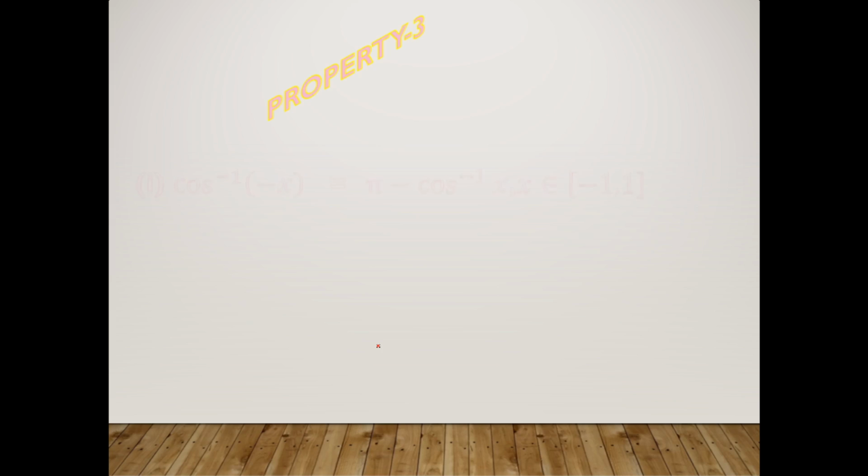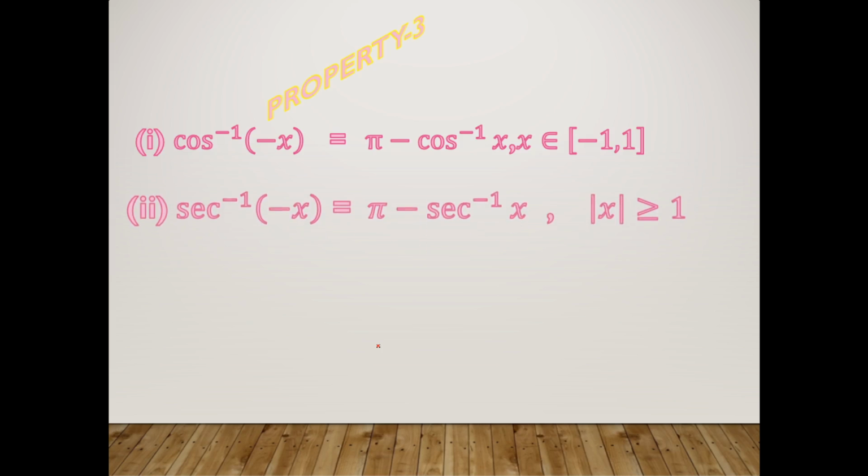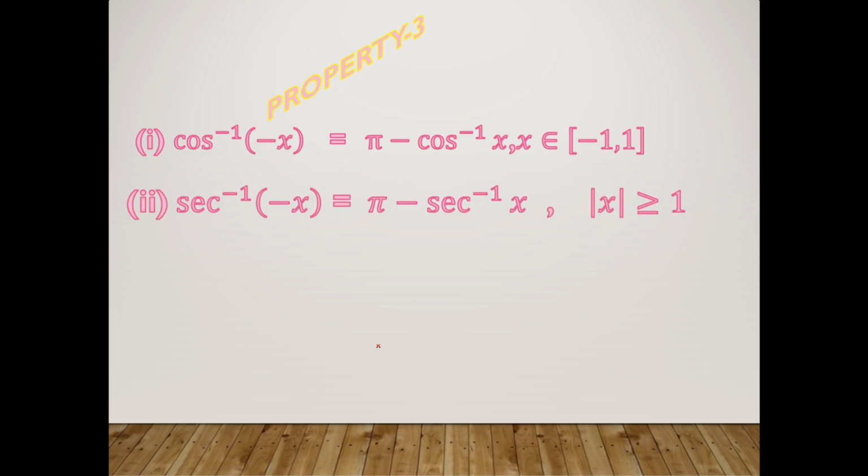What does the third property say? This is the first part: cos inverse minus x is equal to pi minus cos inverse x, x belongs to minus 1 to 1. This is the domain of the cos inverse x function. Sec inverse minus x is equal to pi minus sec inverse x, mod x greater or equal to 1. This is the domain of sec inverse x. Cot inverse minus x is equal to pi minus cot inverse x, x belongs to real numbers. This is the domain of the cot inverse x function. Okay,